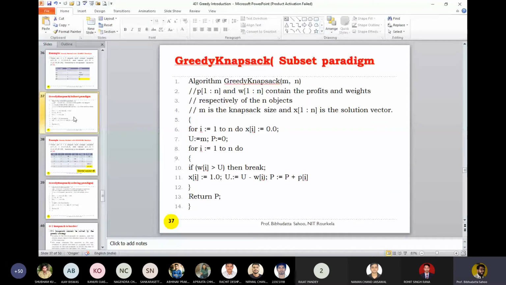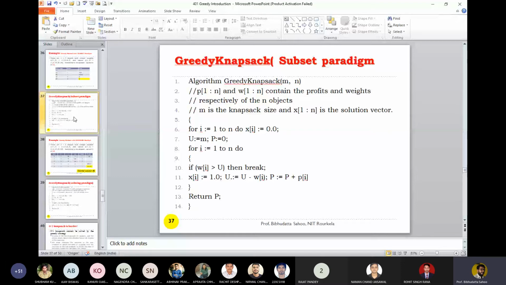Now you will come to the ordering paradigm. In the ordering paradigm, accidentally, if you look into this problem statement, it is already ordered. It is already ordered. Only I change my strategy. How do I change my strategy? Now, if you look into this knapsack, we order the items because what we try to do is maximize the profit. That means the highest profitable item I should take. So I'll arrange them in reverse order.